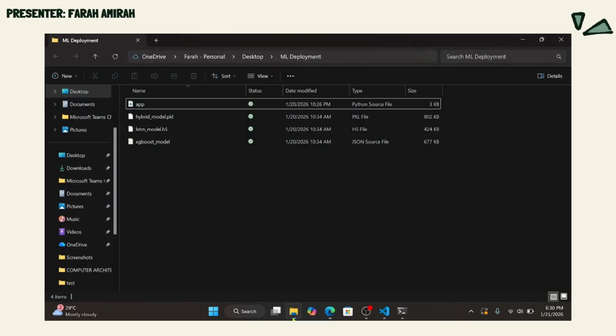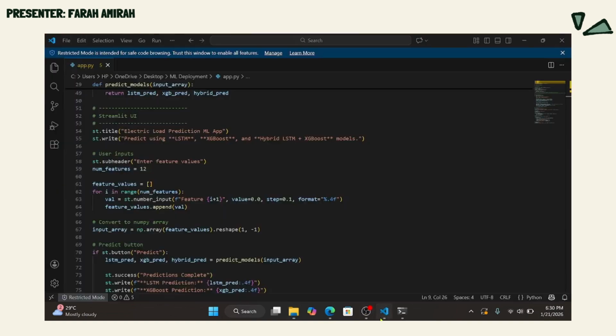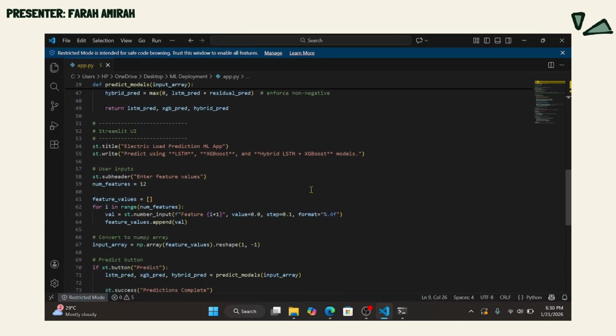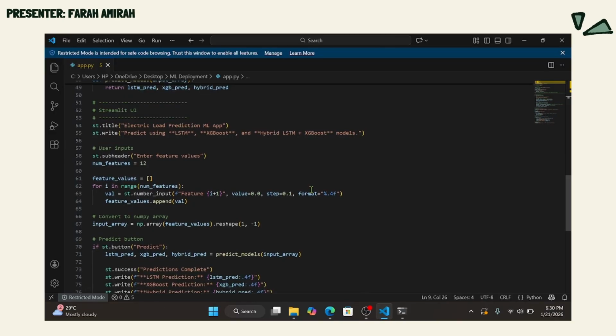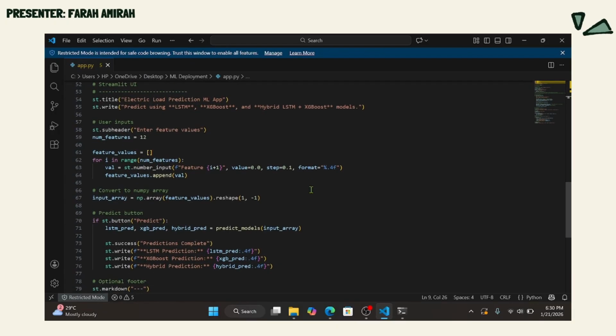Okay, next, in the same folder, we also create a Python file called app.py, which handles model loading, user input processing, and prediction logic. And for the deployment, we use Streamlit because it allows fast and simple deployment of machine learning application using only Python without complex front-end development.